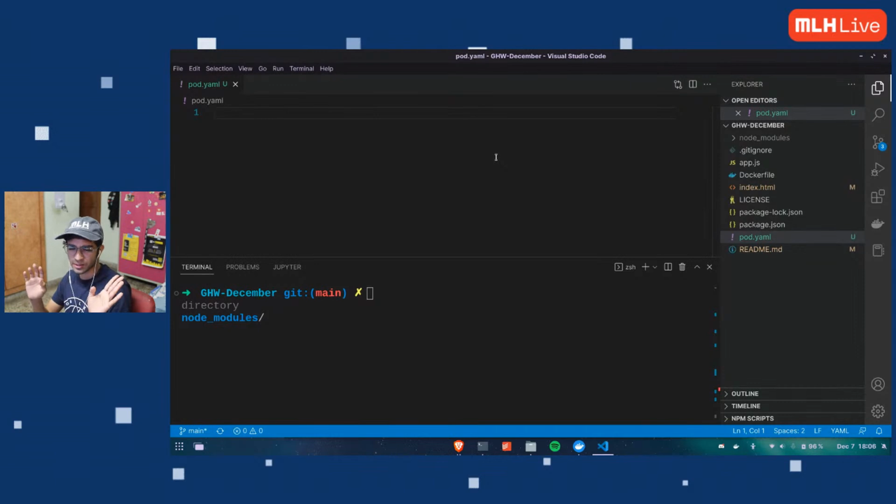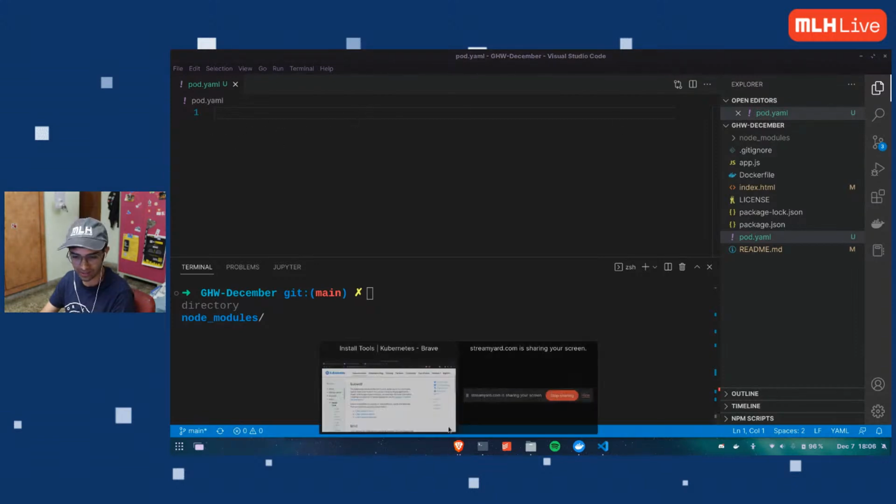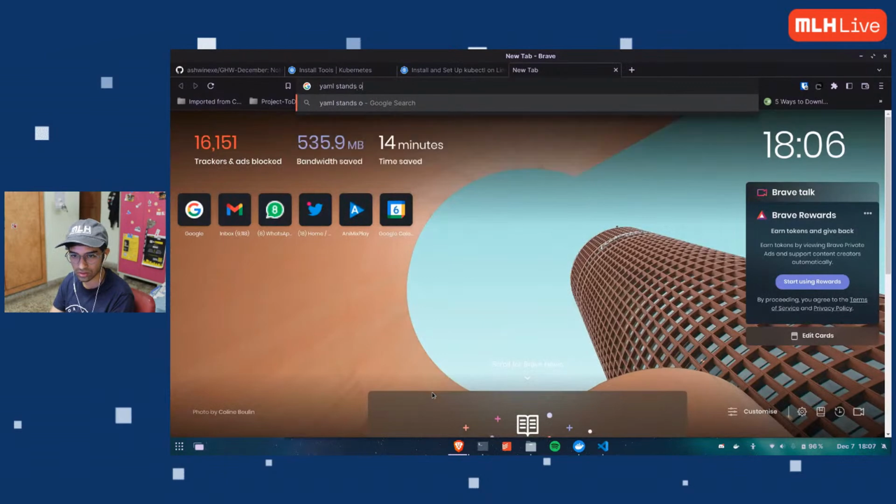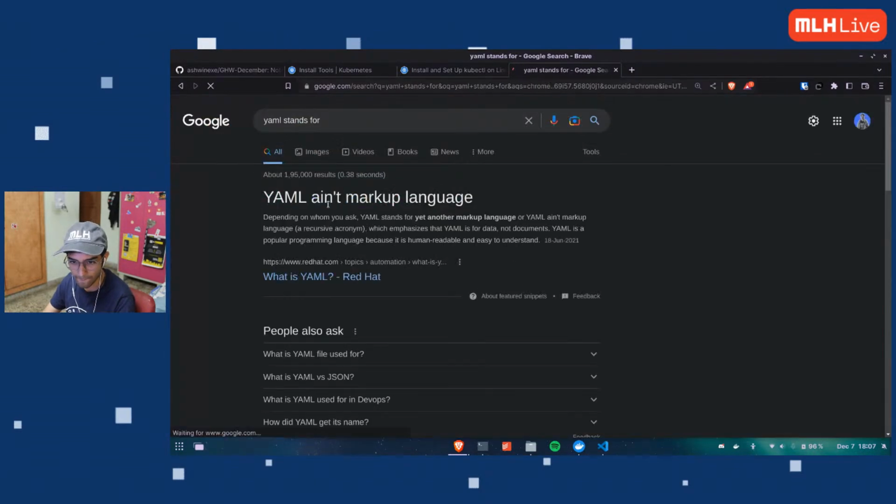YAML is a very friendly, very easy to read markup language. I wouldn't say scripting language, maybe. It stands for YAML, I guess. Let me just check. YAML stands for, yep, YAML Ain't Markup Language.